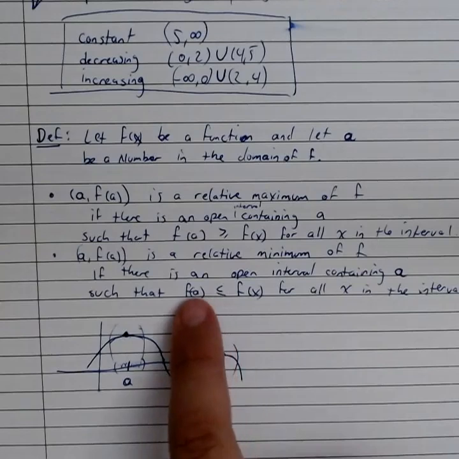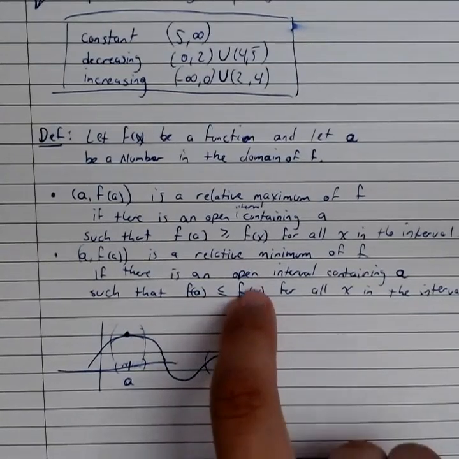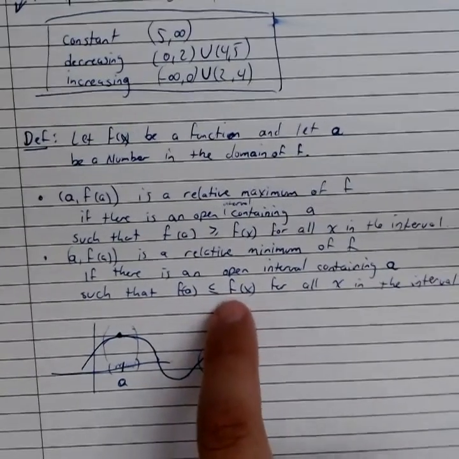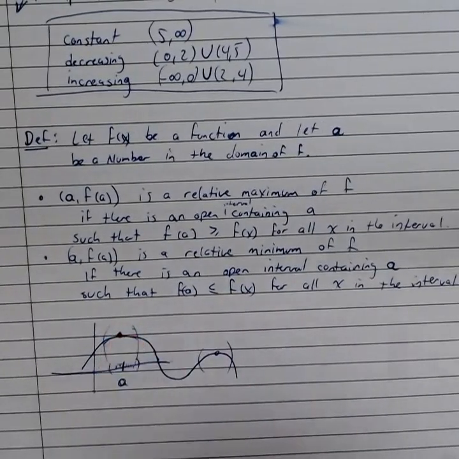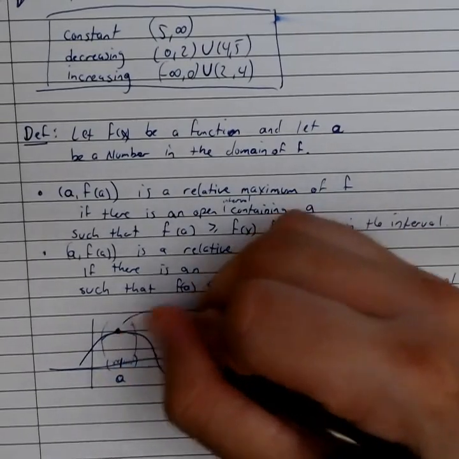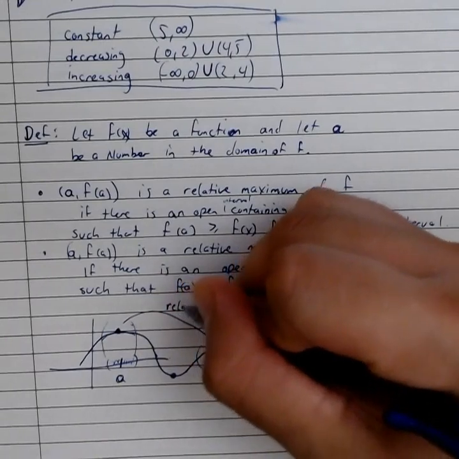Here, if every point is greater than f at A, or equal, in other words, if every point around this point is higher, well, then you have a relative minimum. That would be this one right here. So while both of these are relative maximums,